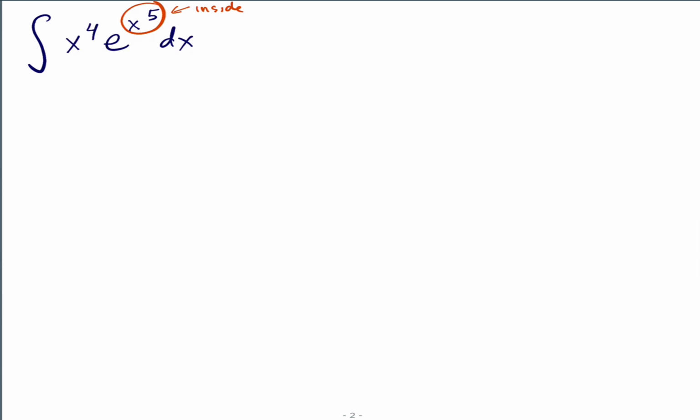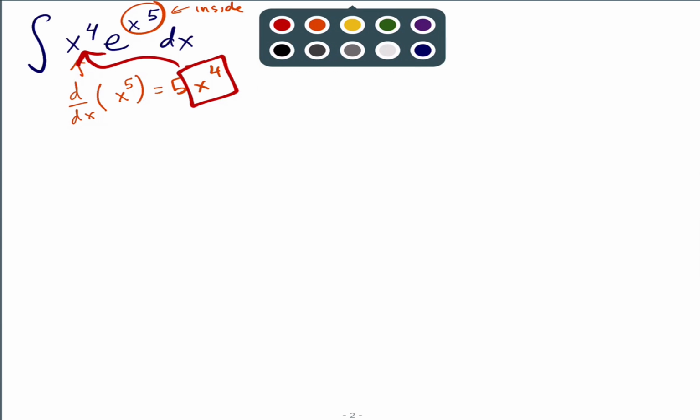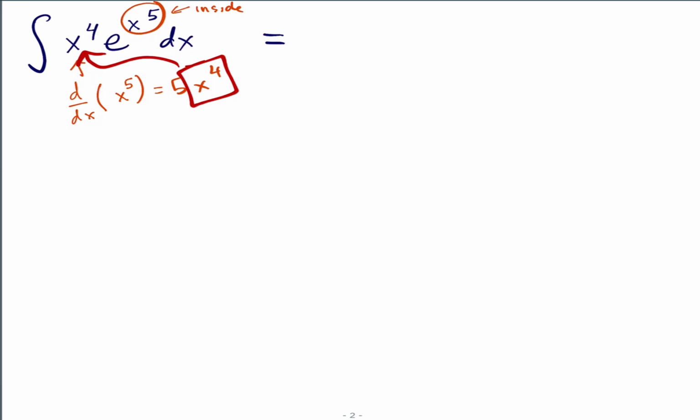Okay, what do you notice about the derivative of that? It's 5x to the 4th. And we'll see that the 5 in front doesn't really affect much. We can easily fix that. But the fact that we found x to the 4th and it's right there tells us, hey, we can easily integrate this without a problem. What would it be? Well, we can do this one kind of guessing a little bit like we did the other one. If we just think of the antiderivative of e to the